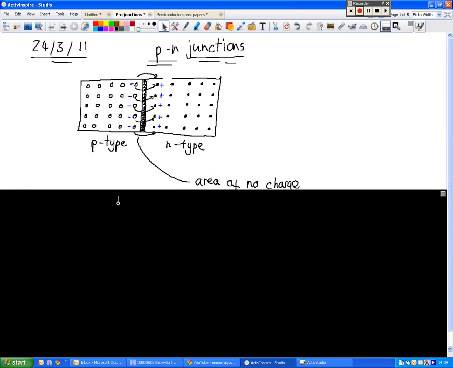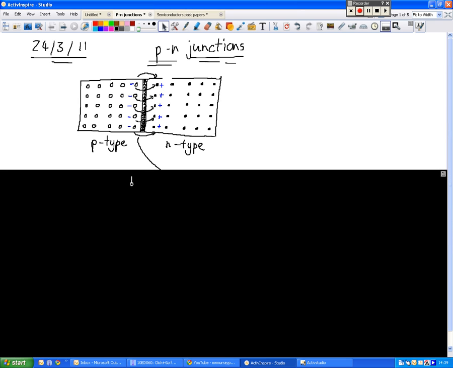With p-n junctions, we started off just by looking at p-type and n-type material when we stick those together. P-type material, remember, is made up of holes, positive holes, in other words, the lack of an electron. N-type is negative type, so it's made up of negatively charged electrons. You can grow a crystal that's made up of two of those rather than just one type of semiconductor material,